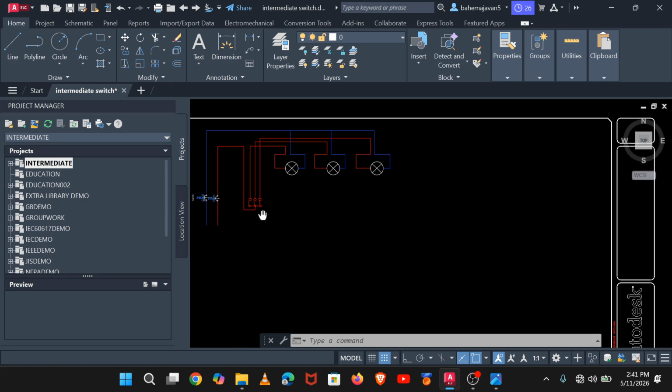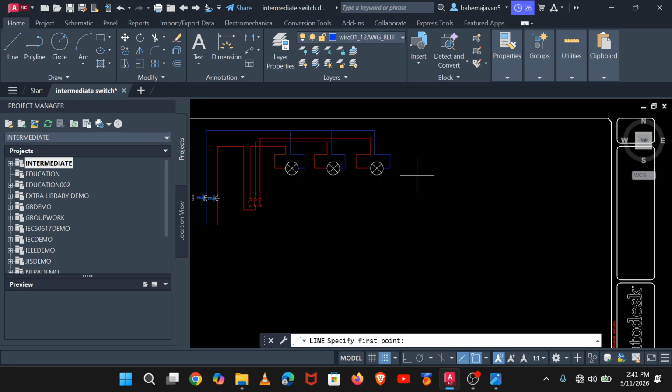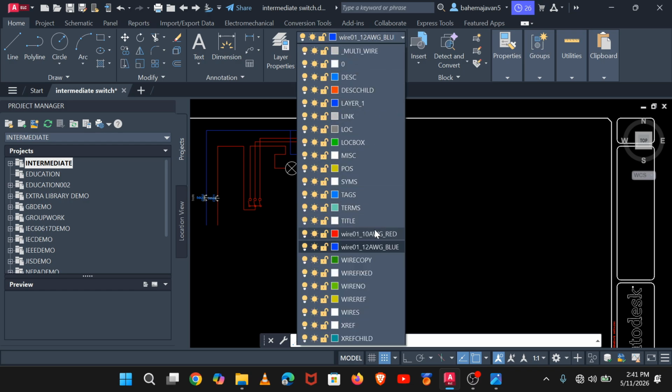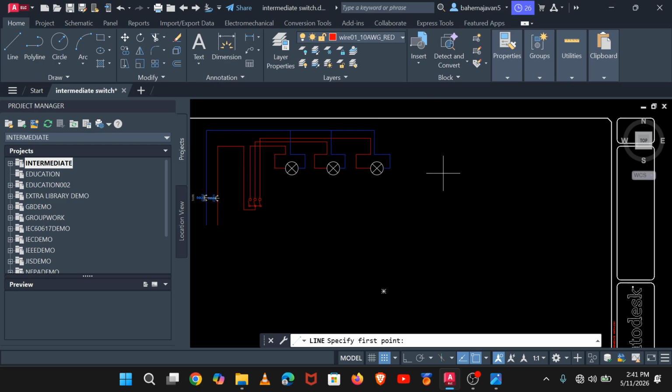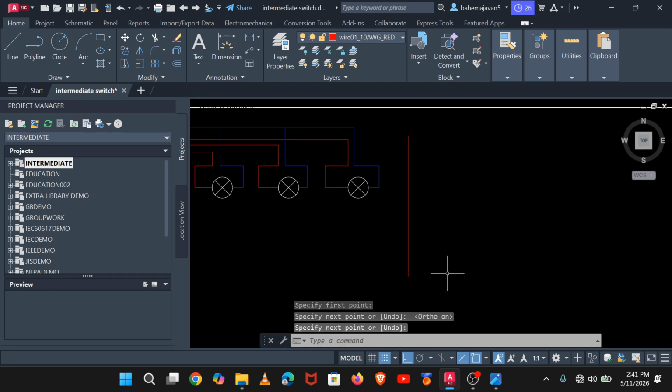It is very simple. We just need a line with this wire of blue. Let's begin with a red one, and how this red one will work is just draw a little bit, choose orthogonality to be on, and then you click enter